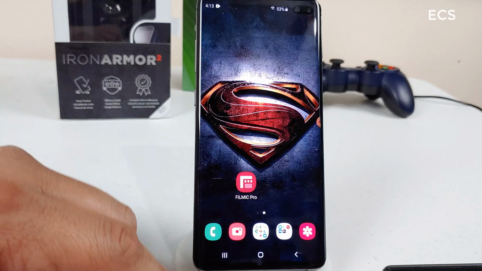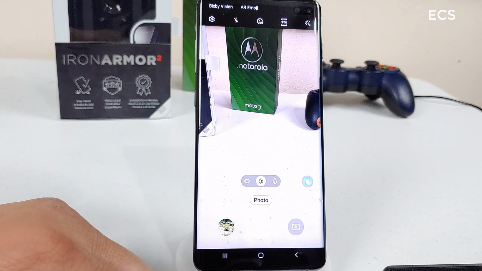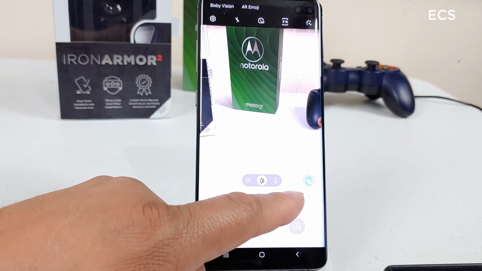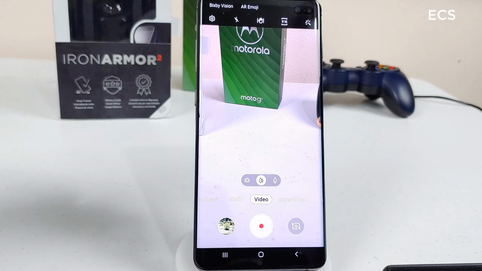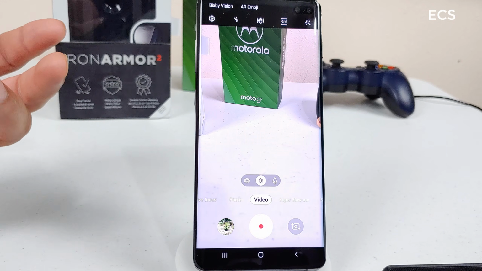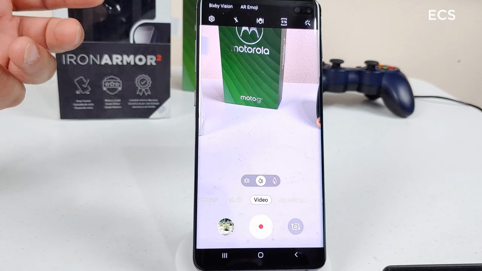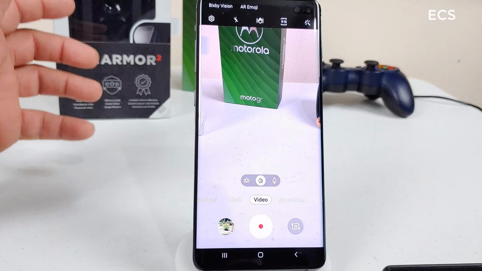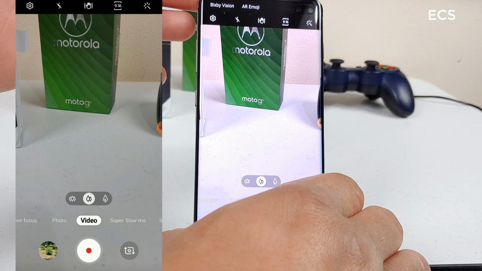Now, when you open up the native camera app, all right, it's missing some things, right? It's missing Pro Mode in video, and that is a devastating thing, especially if you want to record videos and you got a lot of focus hunting and stuff like that. You can't change your white balance and stuff like that. I explained that in a lot of previews in my videos, and as you can see, once you're using the